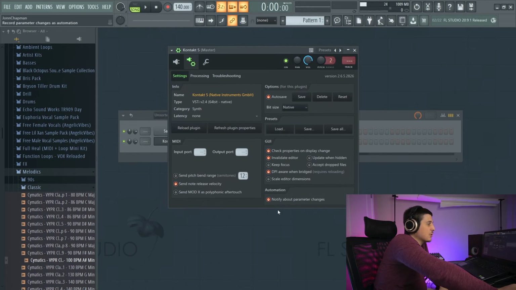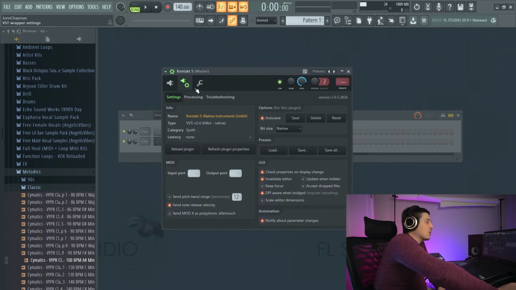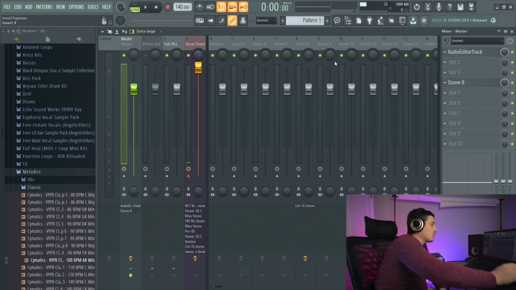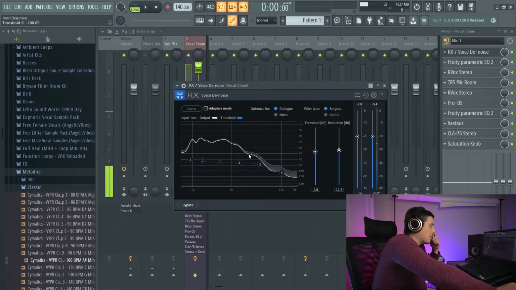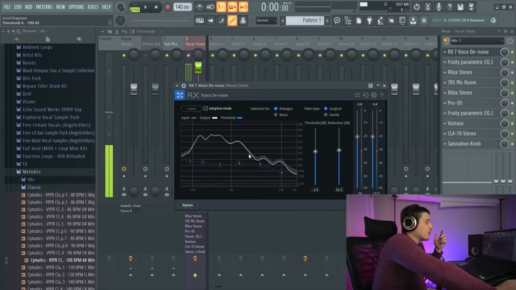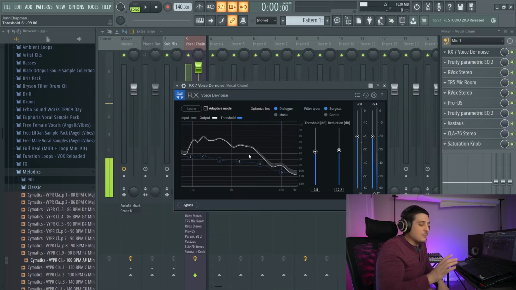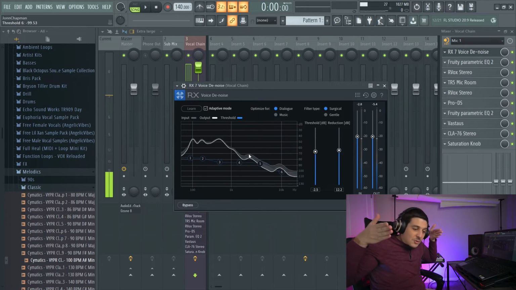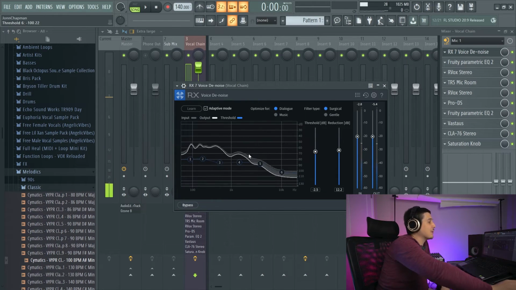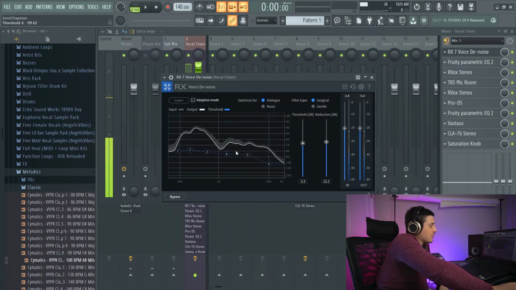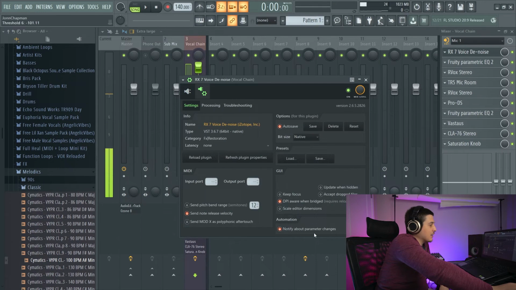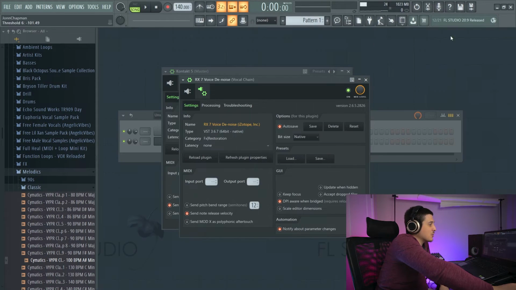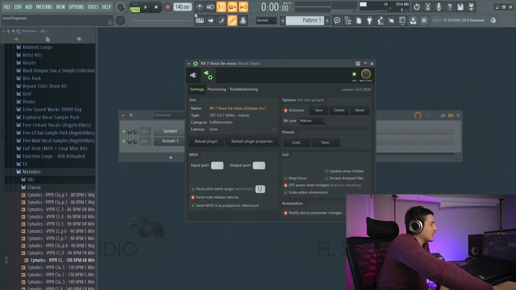Next, we have automation, notify about parameter changes. So if there's something that automatically changes within a plugin, like my voice denoiser here, I got this terrible noise coming in from driving my preamp so hard for this dynamic microphone that's like 3 feet away from me. And in order to manage this, all these different points are moving. Well, in the back of my plugin here, I've got notify about parameter changes. The issue with this is if I was to record automation,